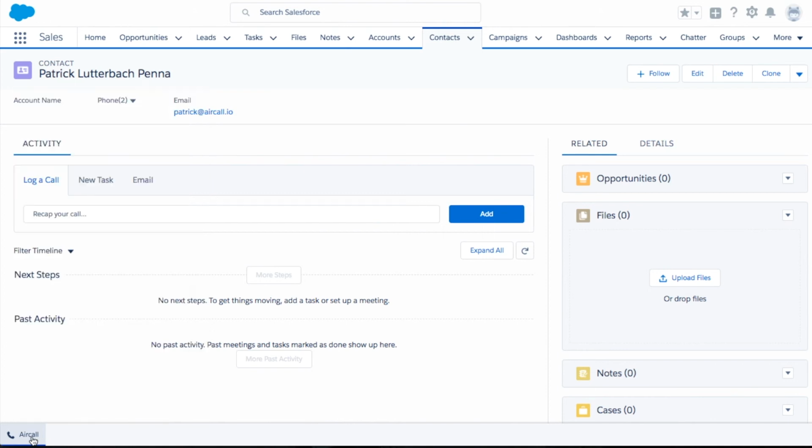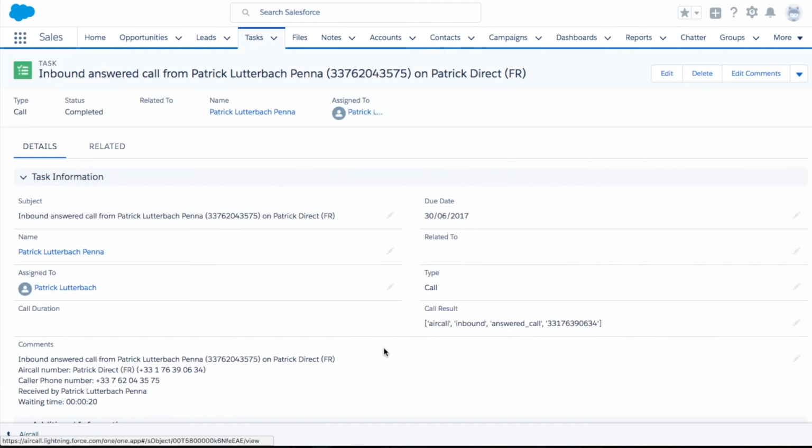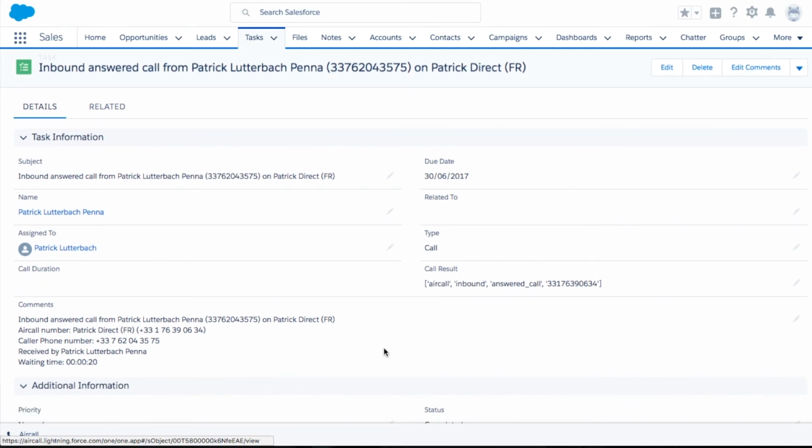From your contacts page, you can refresh the activities bar on the right and find a link to the call you're currently working on. By following the link, you'll find a description of the call. This description includes a host of details such as the call's type, status, its log identifier, its proprietor, and its